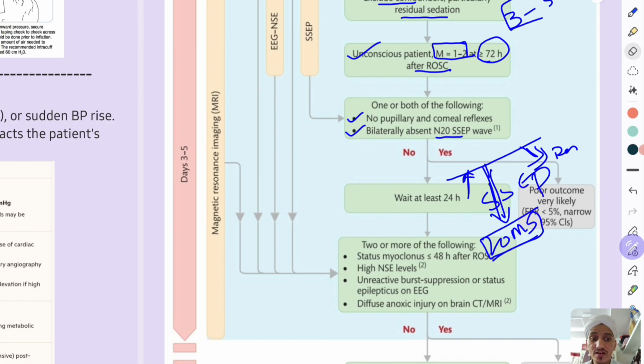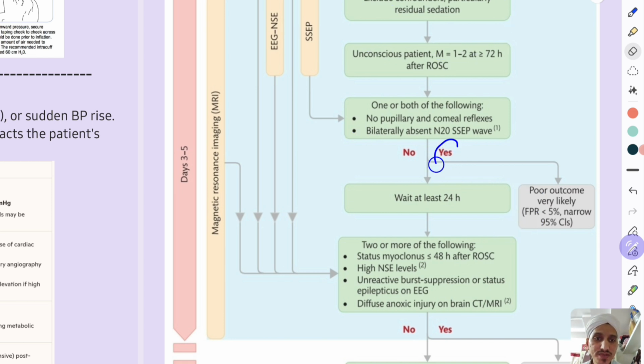So if one among these is also present, if it is yes, one of these is present, then poor outcome very likely, very much poor outcome. Okay, nothing is there, SSEP N20 bilateral absent, this is not there, and reflexes are also not absent, then wait for